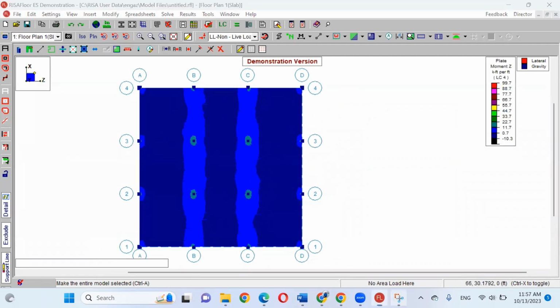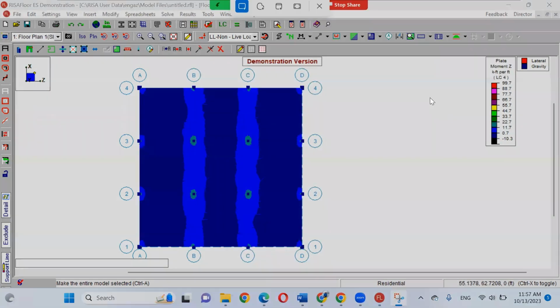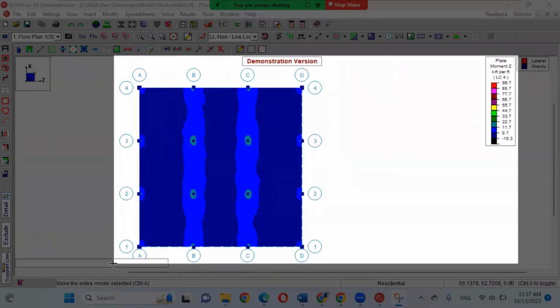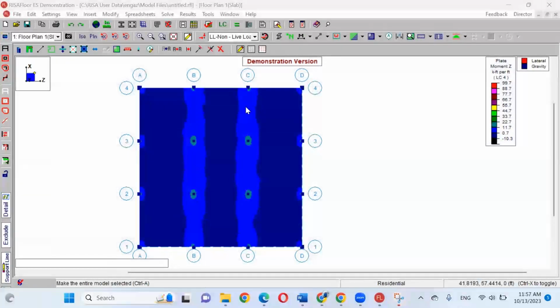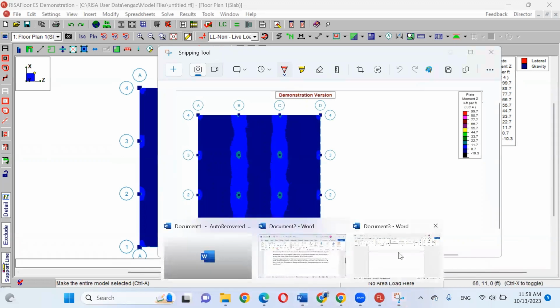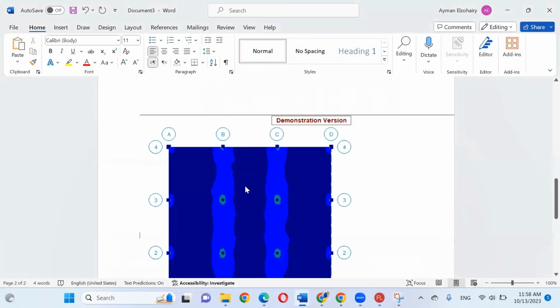So you need to take another shot and make sure you select this scale on the right, so I can understand the value. Keep in your mind, you need to select the scale on the right, because if you select only this shape, how can I understand the value of the color? Does that make sense? Copy, and on the Word file, right click and put it here.